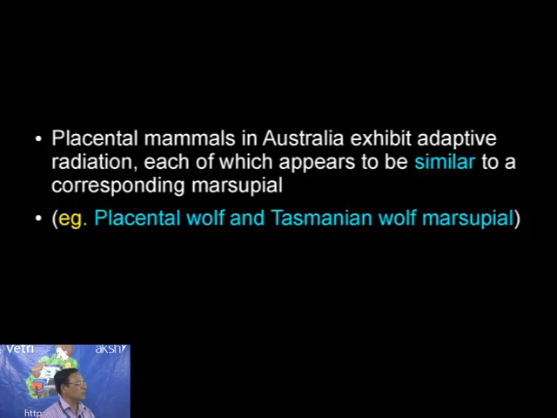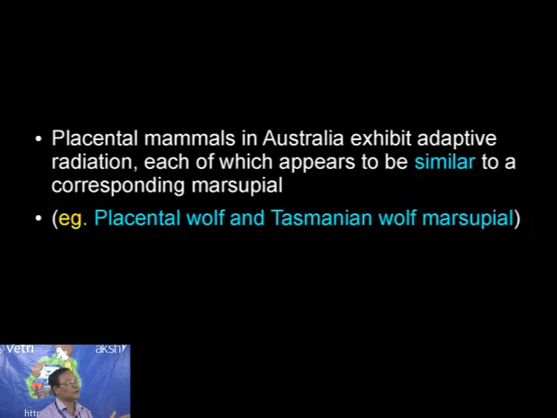But both the placental wolf and the Tasmanian wolf are almost similar in their external appearance. The name is different, and also their organization. Both are converging towards one point and exhibiting what we can call convergent evolution. Each one represents adaptive radiation and divergent evolution, but both of them are moving towards one point for leading a common life, based on the nature of the environmental habitats, the mode of feeding, etc. So they exhibit what is called convergent evolution. Both are distantly related species. So the evolution of distantly related species toward similarity is called convergent evolution. They are converging towards one point for leading one common life, that's all.